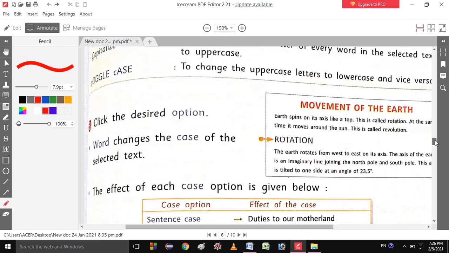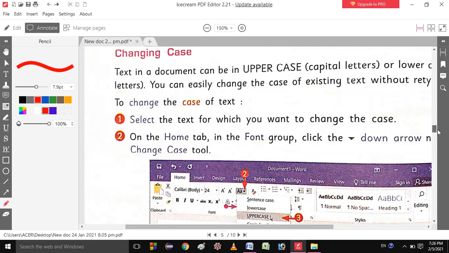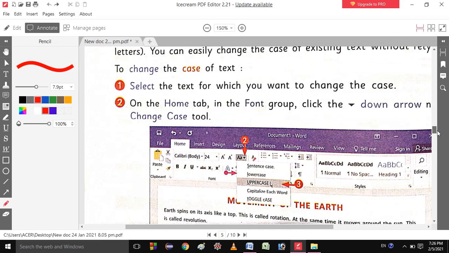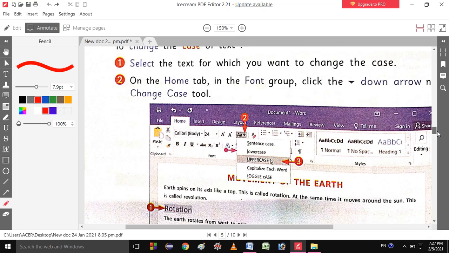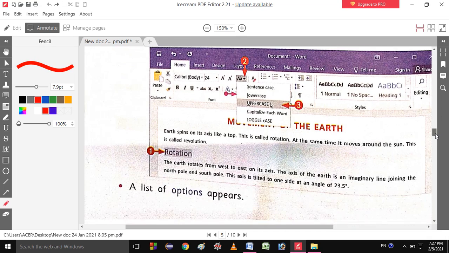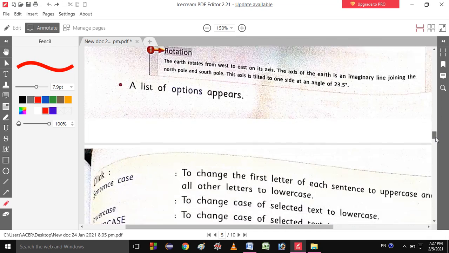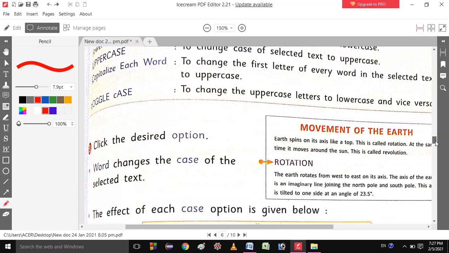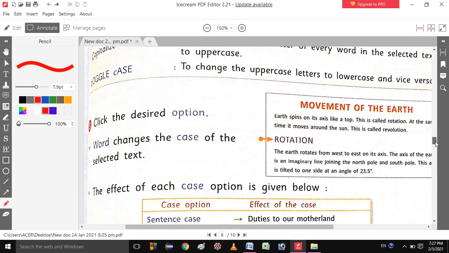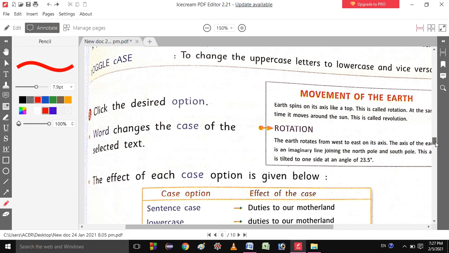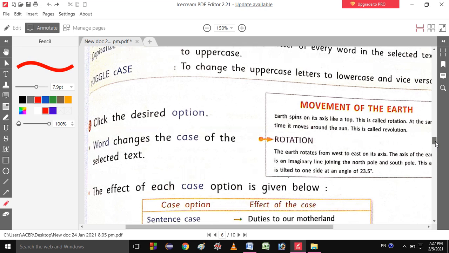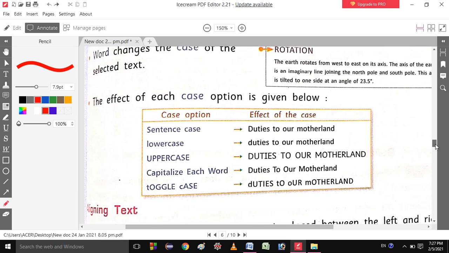And then next, when you click on these options, that means if you have done step number 1, step number 2, these options will appear. You will select your desired option, which changes the case of the selected text. So it automatically applies your selected choice, the effect of each case option.